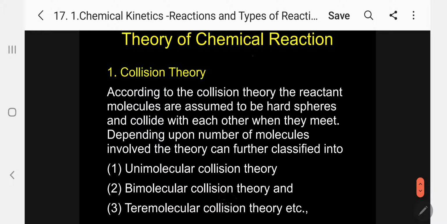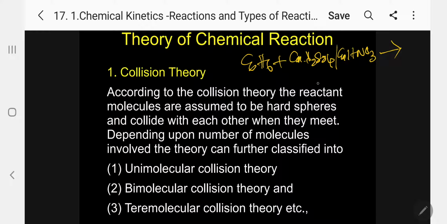Suppose you take benzene, add concentrated sulfuric acid and concentrated nitric acid in a closed container. Keep it for 1 day or 1 week and see after that whether any reaction is taking place. No. We are expecting nitrobenzene, but no reaction is taking place. Why is no reaction taking place in this case?